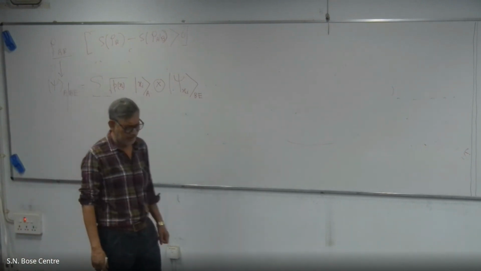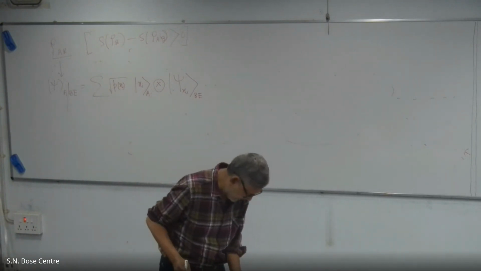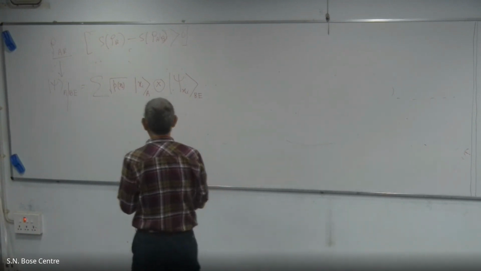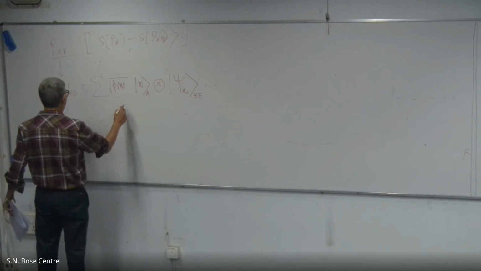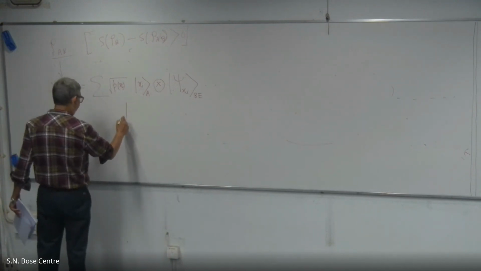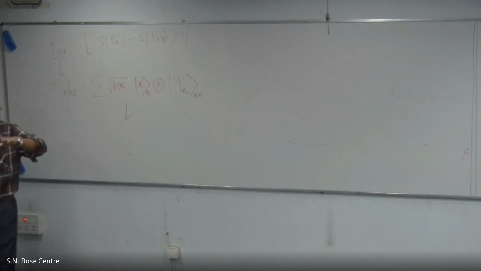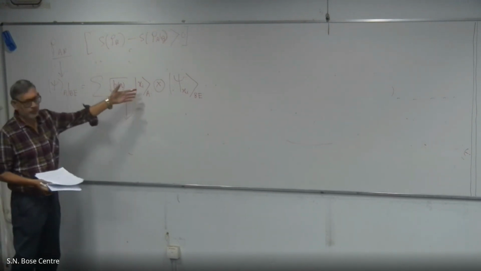Now, I have to be a little bit fast. If you measure, because this xi is an orthogonal set, rho AB can be written this way with px. Yeah, because if you trace out the x part,